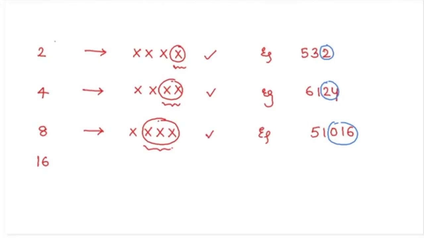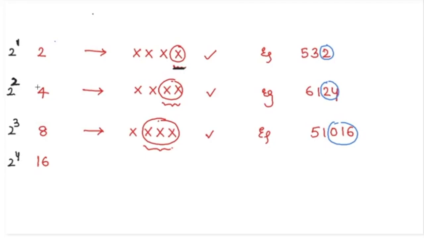సో ఎందుకు ఈ డివిజిబిలిటీ రూల్స్ ఇలా ఉన్నాయి అని అంటే మీరు ఒక రూల్ ని ఇక్కడ అబ్జర్వ్ చేయొచ్చు. సో 2 4 8 16 మీరు ఇక్కడ అబ్జర్వ్ చేస్తే 2 ని మనం ఏ విధంగా రాయొచ్చు, 2 ఈజ్ నథింగ్ బట్ 2 పవర్ 1, 4 ఈజ్ నథింగ్ బట్ 2 పవర్ 2, 8 ఈజ్ నథింగ్ బట్ 2 పవర్ 3, 16 ఈజ్ నథింగ్ బట్ 2 పవర్ 4. ఇక్కడ because it is 2 power 1 you are checking the last one digit, because it is 2